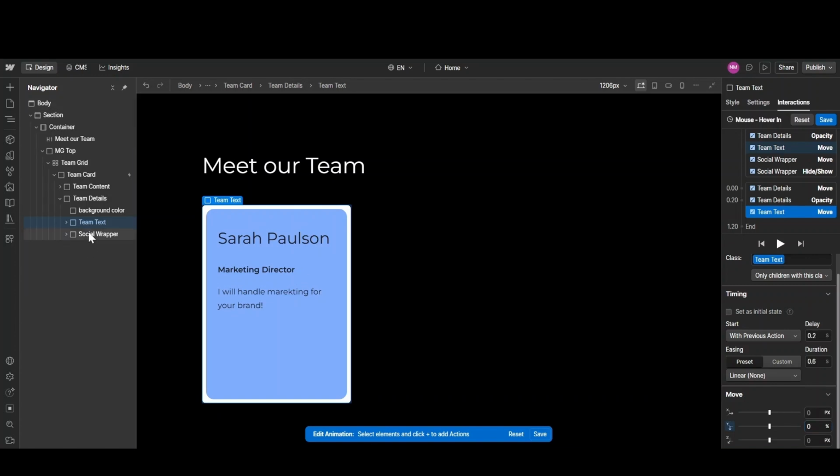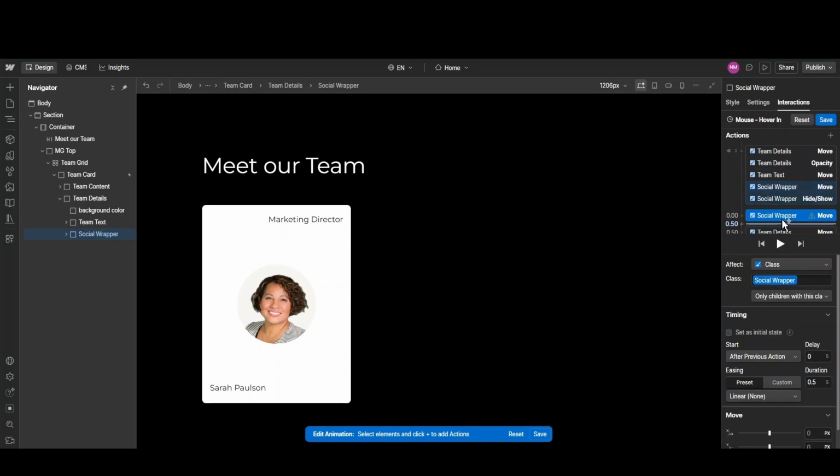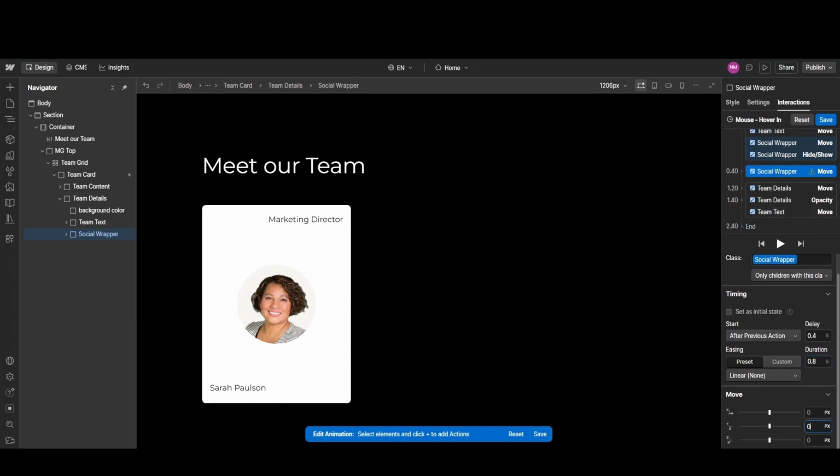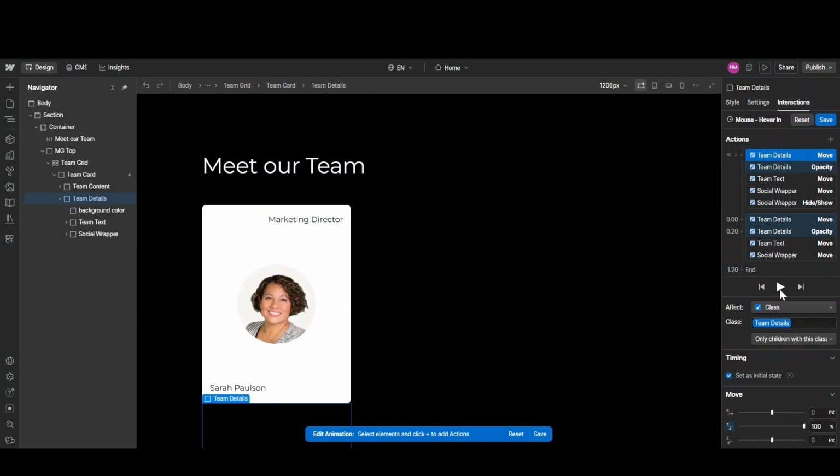Now the icons should come up. Move the icon up. After 0.4 seconds delay, icon will take 0.8 seconds to come up. And move it to 0% on Y-axis. Bring it down here. If we preview this,